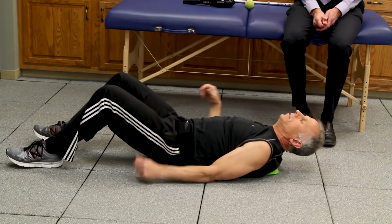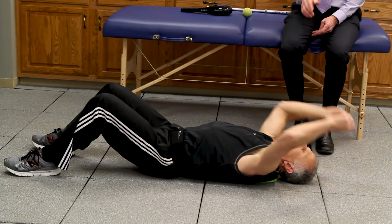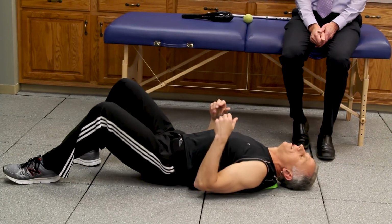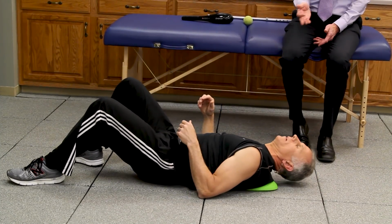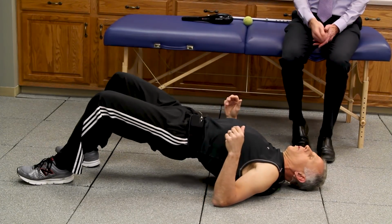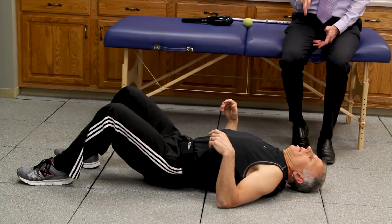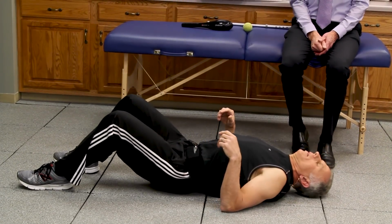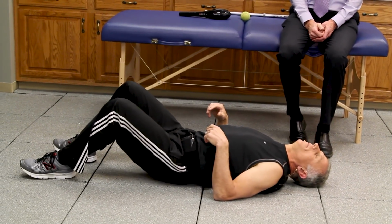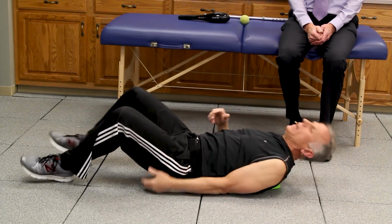Yeah, it does. For most people, this will actually be too aggressive for them to start off with. You'd have to start with a towel on it or a pillow on it, or maybe a pillow underneath your head. Sure. So Brad's worked up into it so that he can use it just as it is, and so have I. But we've got decent posture. So someone who doesn't, this actually may bother them. So you may want to start with the tennis ball, or something a little less aggressive. Yeah, if the tennis ball's not enough, then it may be time to go with something like this. And it is